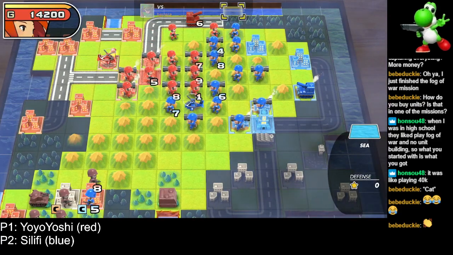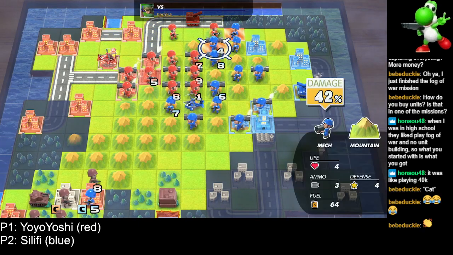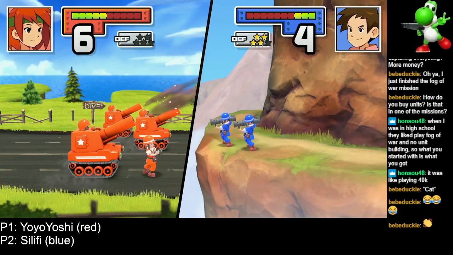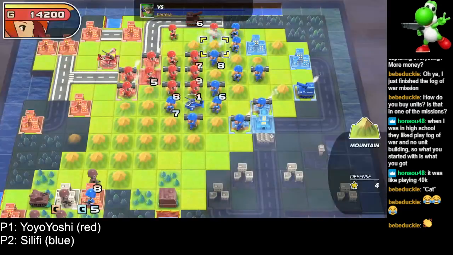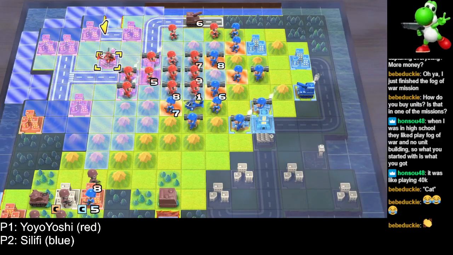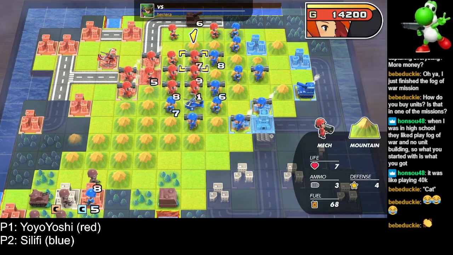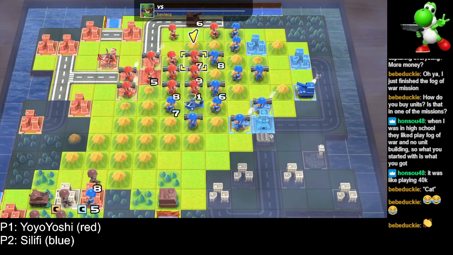Now to see if I can push him out up top. Start by whacking the mech. He's out of mech now. And now the question is how I'm going to go about handling this fight. Alright. I think what I'm going to do...